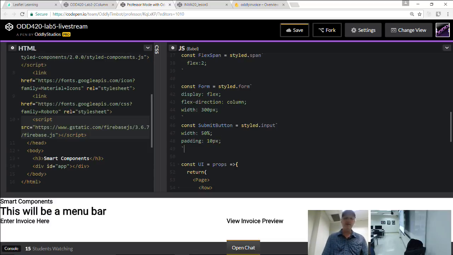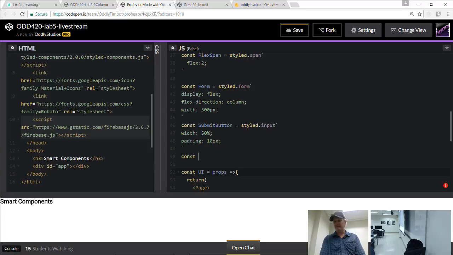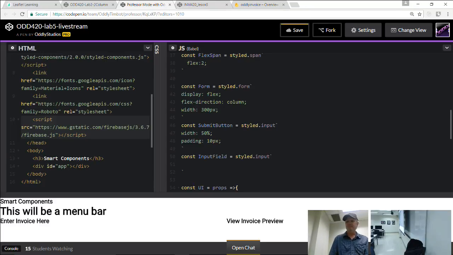And then the other thing we're going to need for sure is some kind of input fields. So let's make an input field component. And this is also going to be a styled input. And again, we'll just give a couple of little default properties. We'll make it 100% wide.